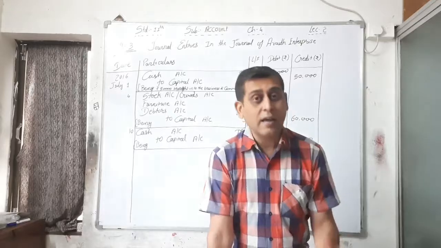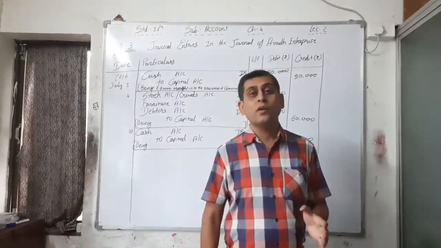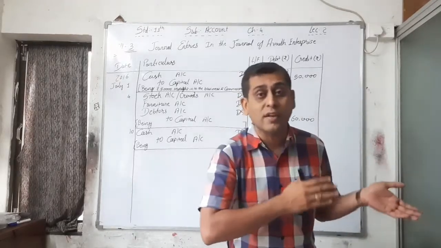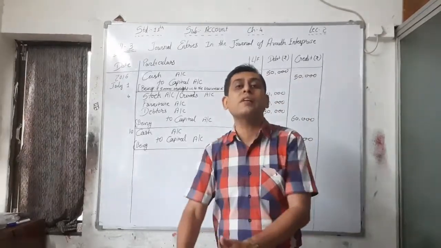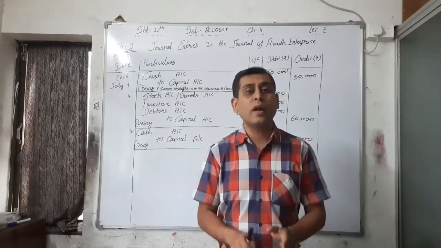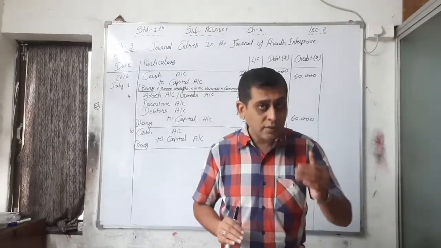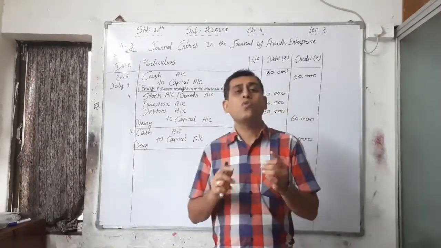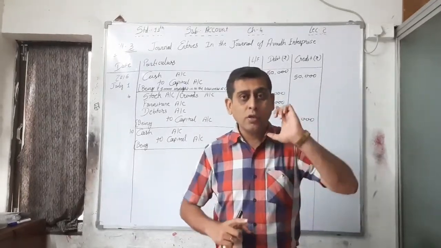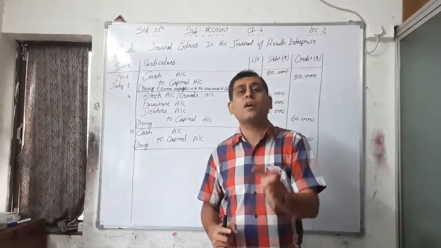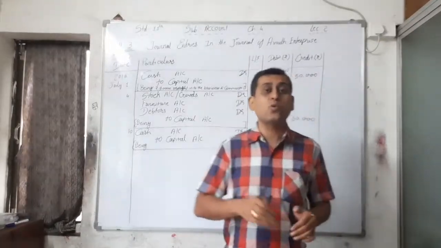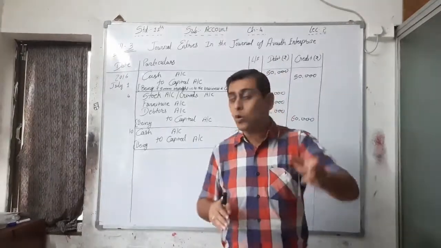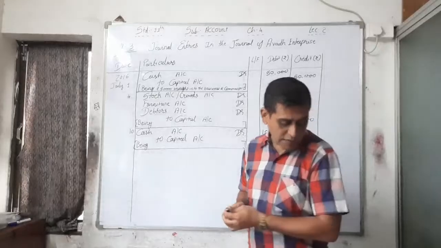So both are their personal dues, right? These are the owner's personal debtors and the owner's personal creditors brought into the business. That's why we have to write down the entry regarding that. Okay, so receivable, see here we have to write both for your convenience. Receivable account is given in the textbook, but I told you that receivable means debtors, so we have to write both. See which date is there, 14.